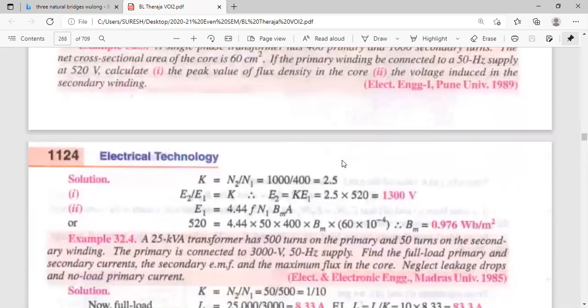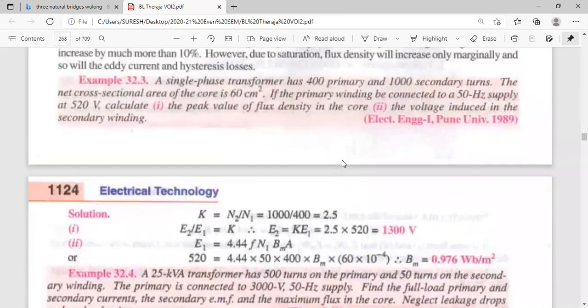Don't take the textbook answers. Whatever answer you get in the exam, you have to take that one only in your notebook, because sometimes the calculations will be wrong in your textbook. If you are getting 1058 point something, we have to take 1059. You have to round it up to the higher value, because number of turns will not be decimal values. Okay. Next problem. Have you written the next problem?